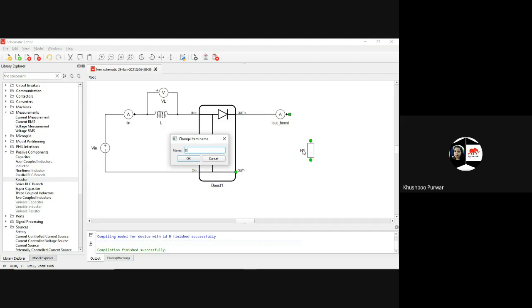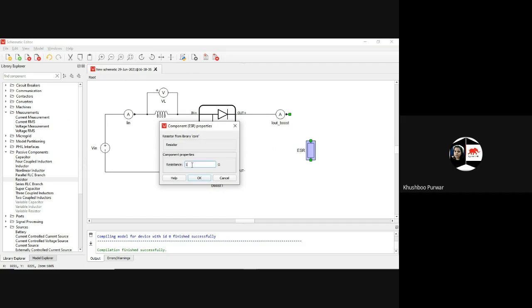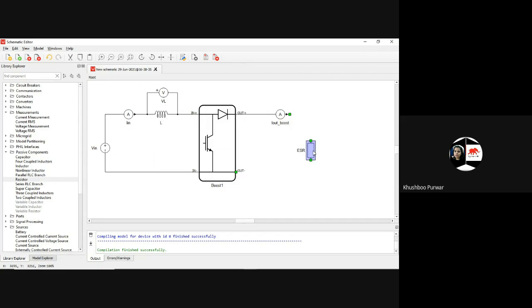This means that I am using the equivalent series resistance. And the value of this equivalent series resistance I'm going to put as 0.001, 0.001 ohm. Okay.